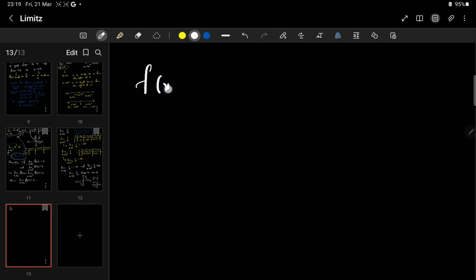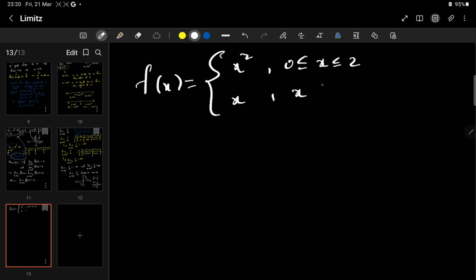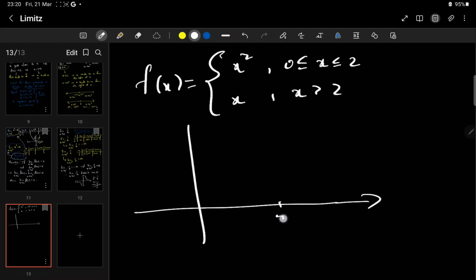Let's say you have f of x equals x squared, maybe between 0 and 2, and then f of x equals x when x is greater than 2. So if you are to plot this kind of function, let's say this is 2. What it means is that a piecewise function is a function that is made up of pieces